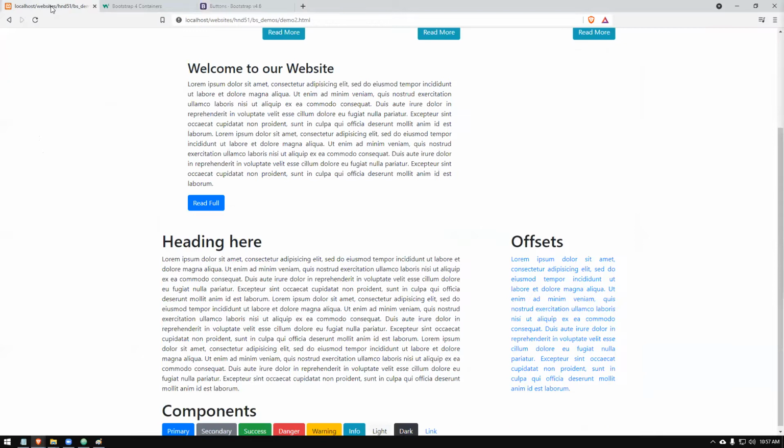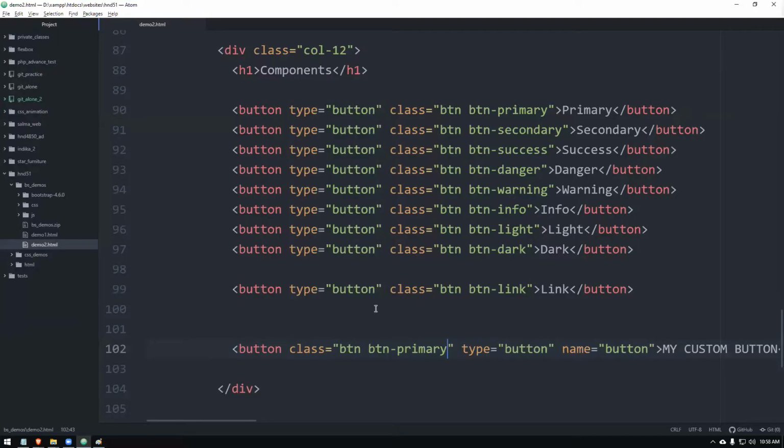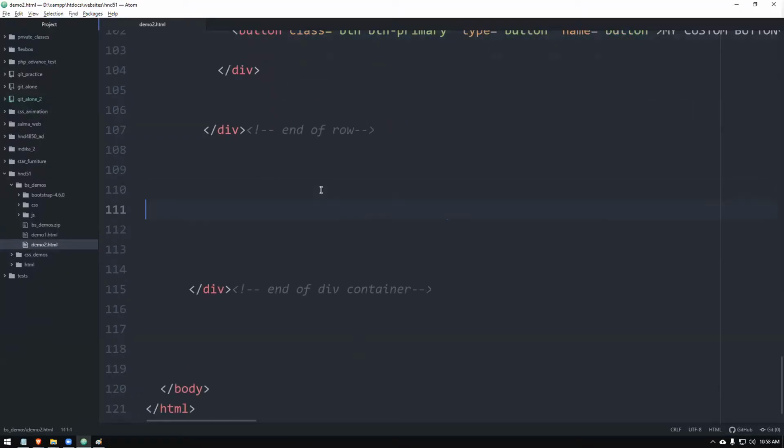See, this button is my custom button, the last one. I don't have many components there, which is why I can't scroll down. I can create one more row.